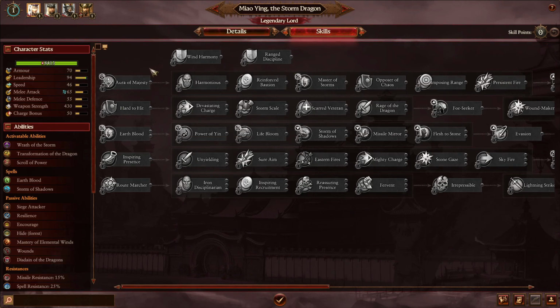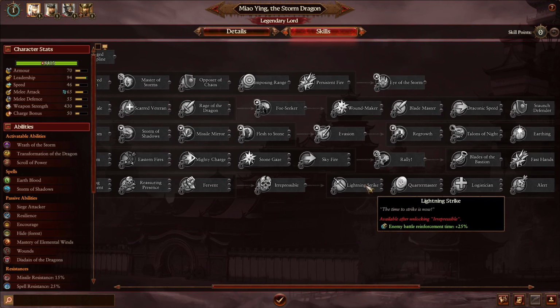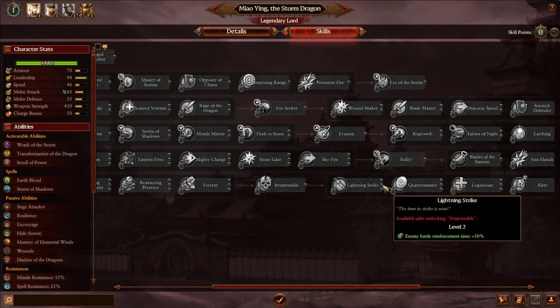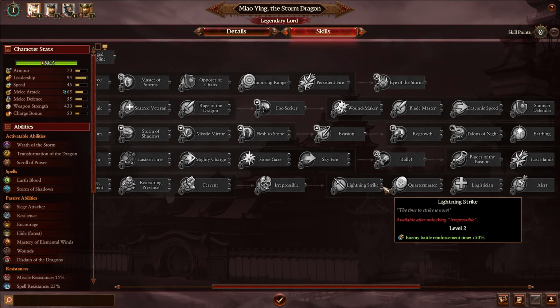Overall, we can have a look here, and I think we shall. The biggest change here is the lightning strike. The lightning strike no longer lets you go full in, though maybe later, but it means the enemy battle reinforcement time is increased. Usually it's roughly 2 minutes until they come in. So, plus 25%, and then it's already 3 minutes, and then you have lightning strike enabled when reinforcements are present. I don't know if this is the old lightning strike on level 3. I honestly haven't checked it. I had no time to do that,